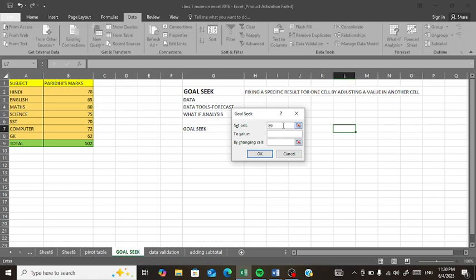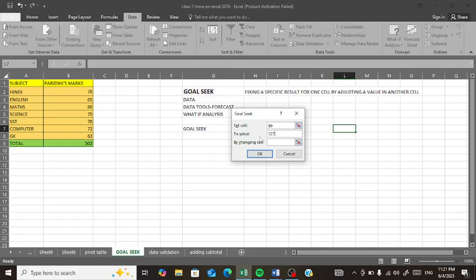Right here B9, and then to the value, what value I want to change here, 5 to 7 for an example, any number you can put here. Then by changing cell, which cell you want to change, so that the total remains unchanged. Our goal is to achieve this total value, and in which cell we will change. By changing cell, what number we don't know, the system will automatically assign that number, so that this value in the total